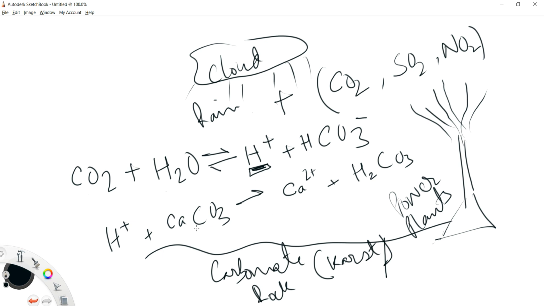Carbonate rock, so this is what will happen. This is your carbonate rock, and it meets with H+ in the acidic water. The calcium ion will be broken away, and this is the dissolution reaction, right? So this is where the dissolution will happen, and the acidic water will dissolve this carbonate rock,